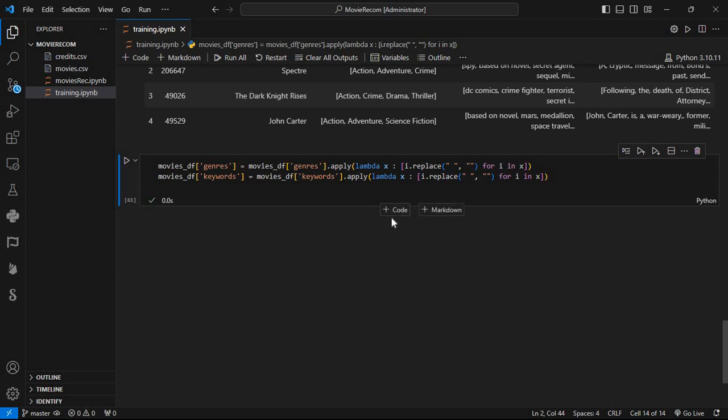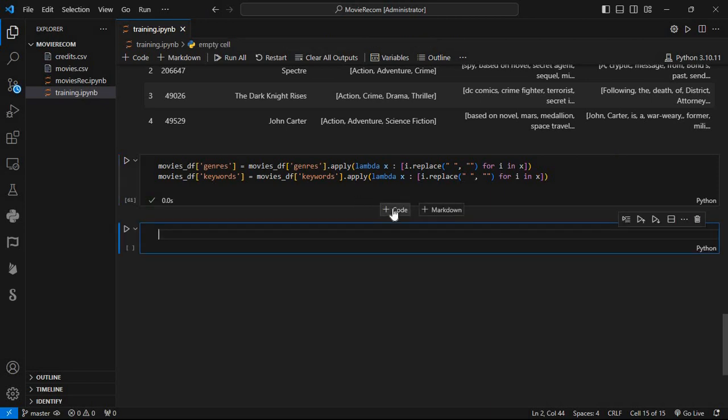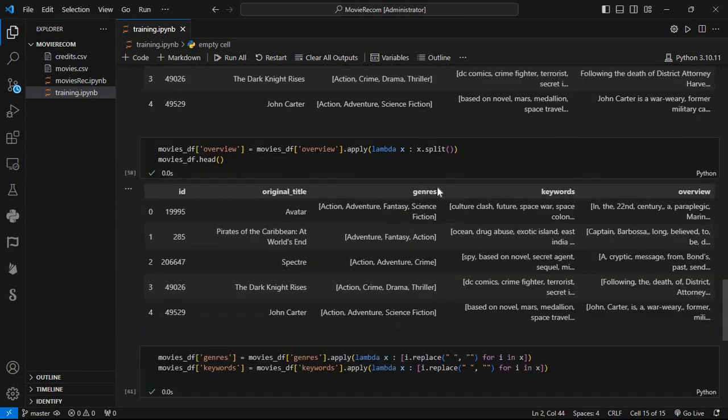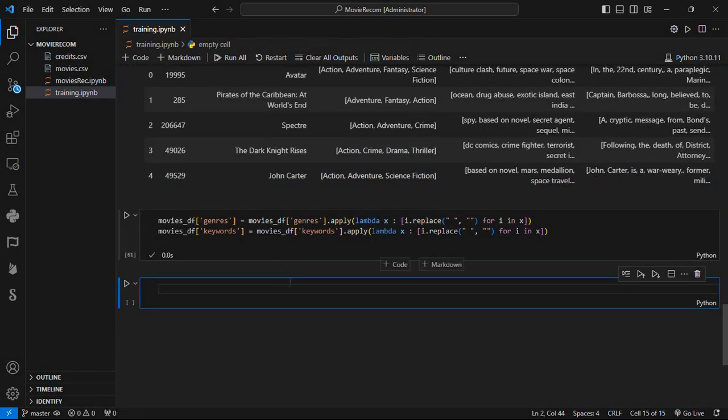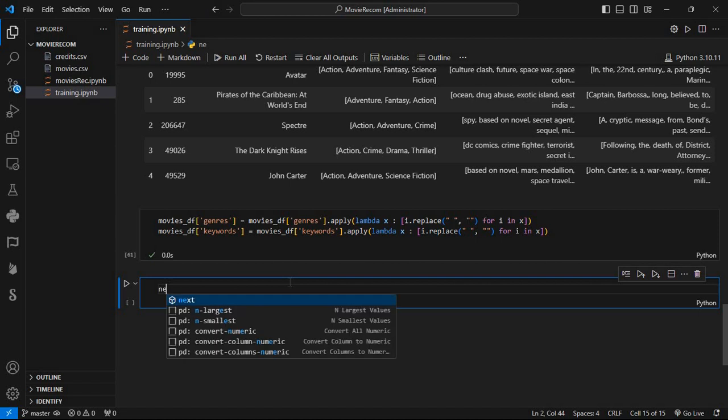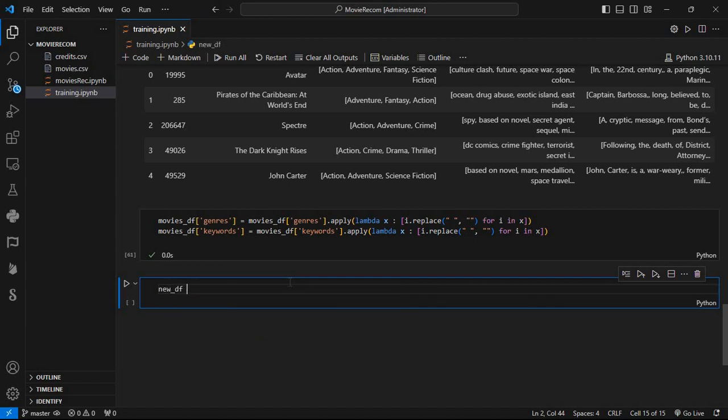to put a column text. Now we are going to make a column called tags, and we are going to combine genres, keywords and overview into simple small tags, and we are going to add all those tags in a tag field in the df. So I think you understood. So let's check. We are going to create a new data frame, and in this new data frame we are going to add movies df of